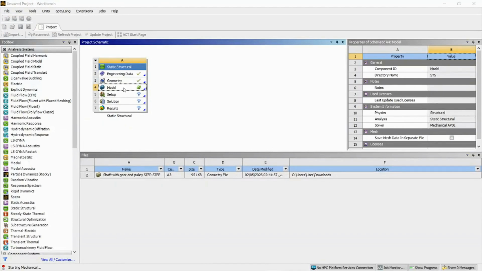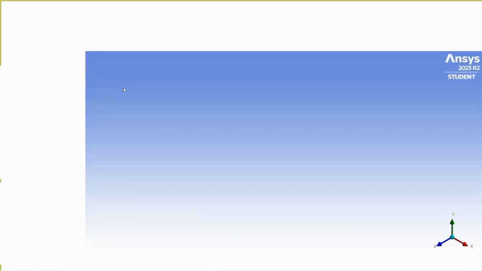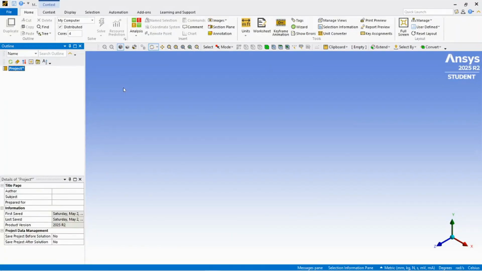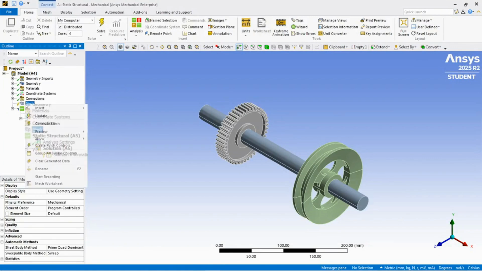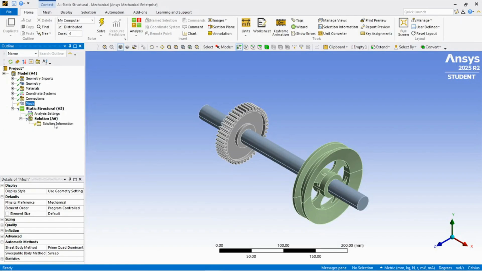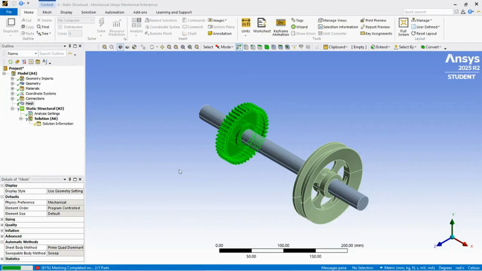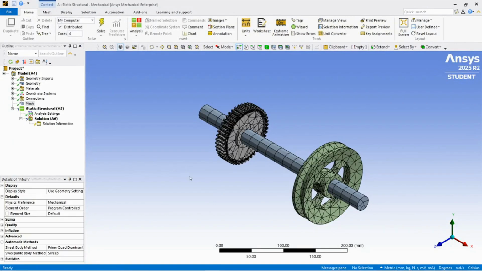Next, double click on model. Right click on the mesh and choose generate mesh. Now the entire structure is discretized into small elements.